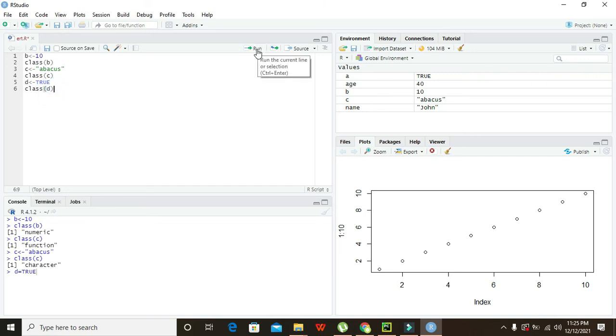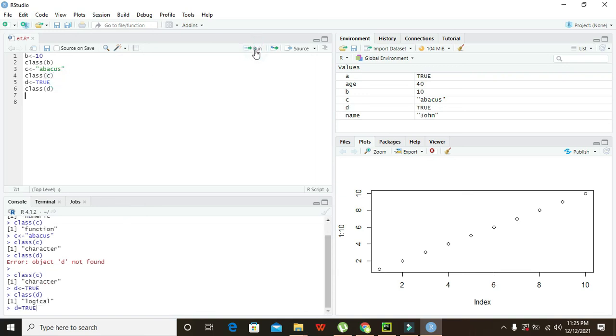So you need to run the current line, and first we need to run it, and then it returns that it is of logical data type. Okay, so in this way you can find the data type of variables.